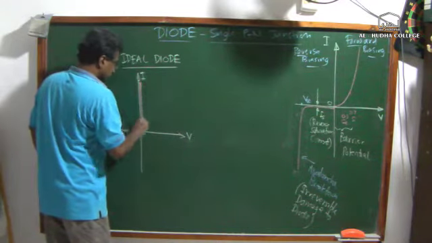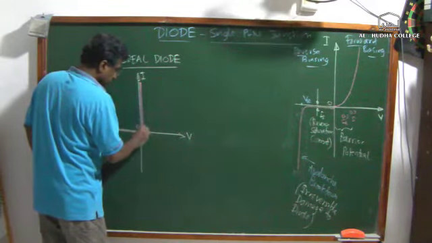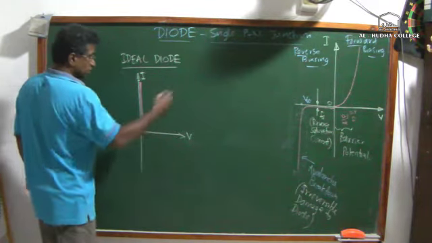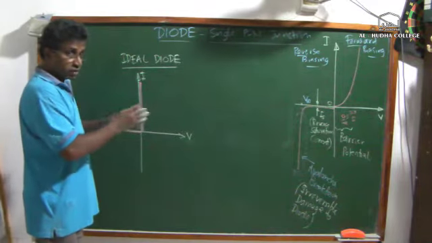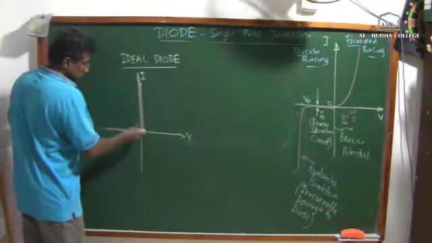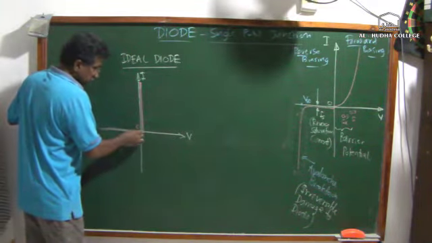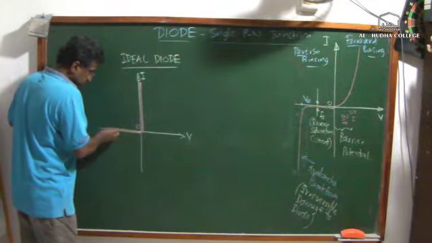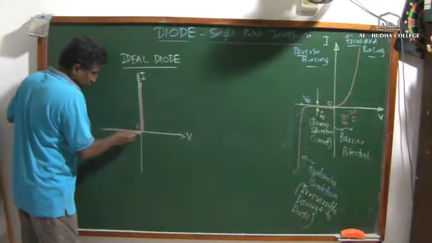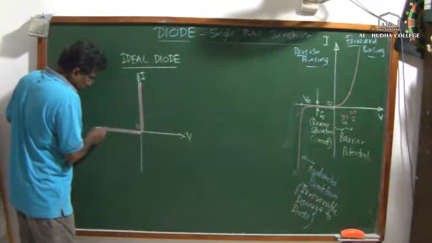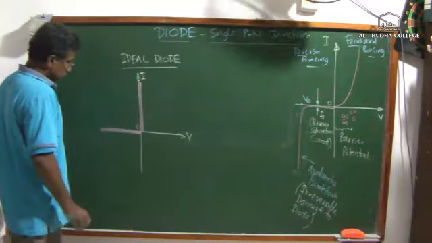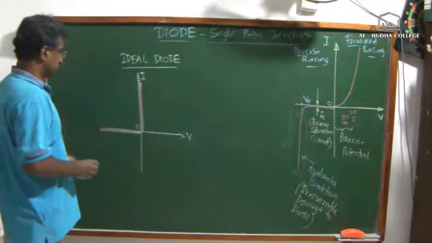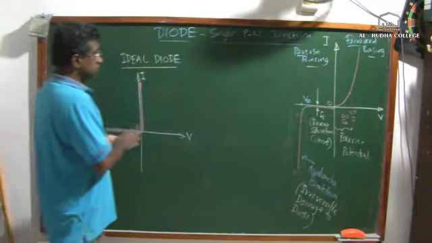So we wanted the current to be like this. When you apply positive voltage, there will be no voltage drop in the diode. Voltage drop will be zero while the current will increase. And in the reverse bias condition, there will be no current even if you increase the voltage, right? So this is what we would have ideally expected, and this is the curve for the ideal diode. So this is the practical diode.